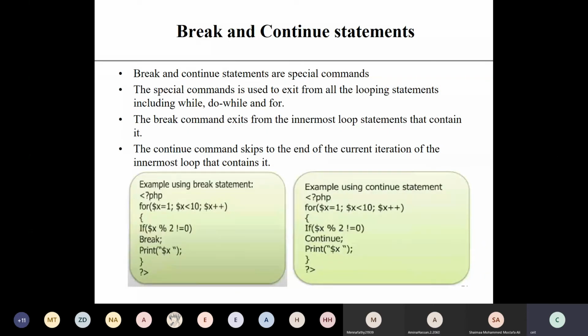But in case of continue, it will skip only that condition.